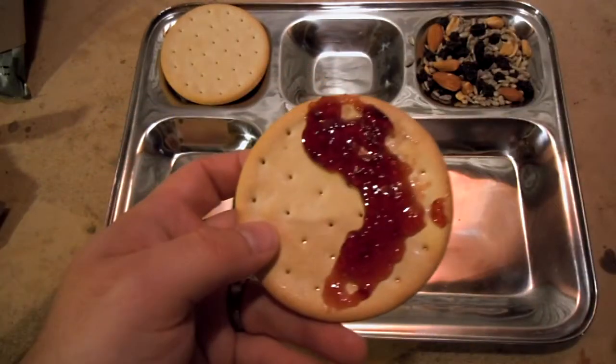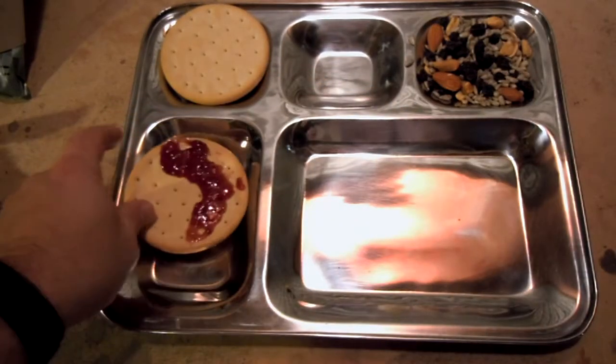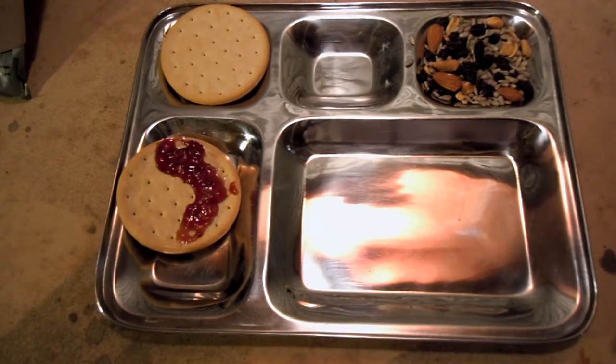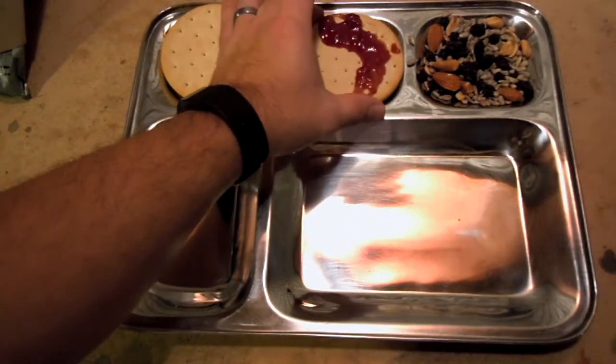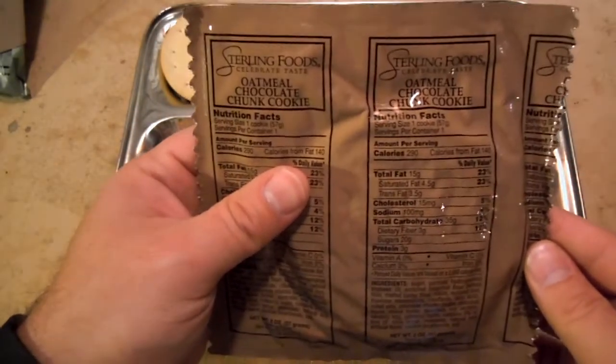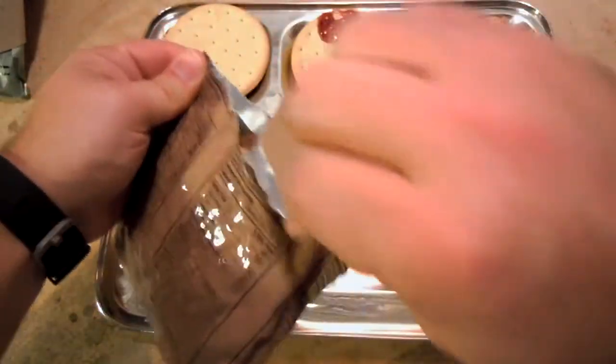There we go. Good consistency, jelly. I mean, there shouldn't be any sort of worry about any of the consistency in this. It was literally from this year. So we've got our oatmeal chocolate chunk cookie,